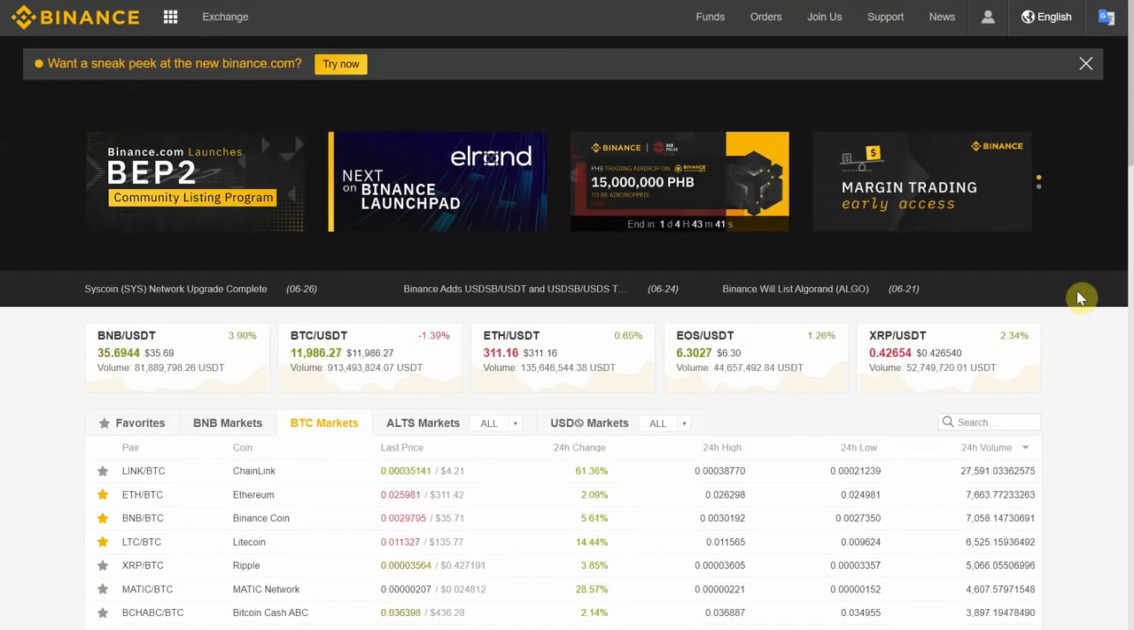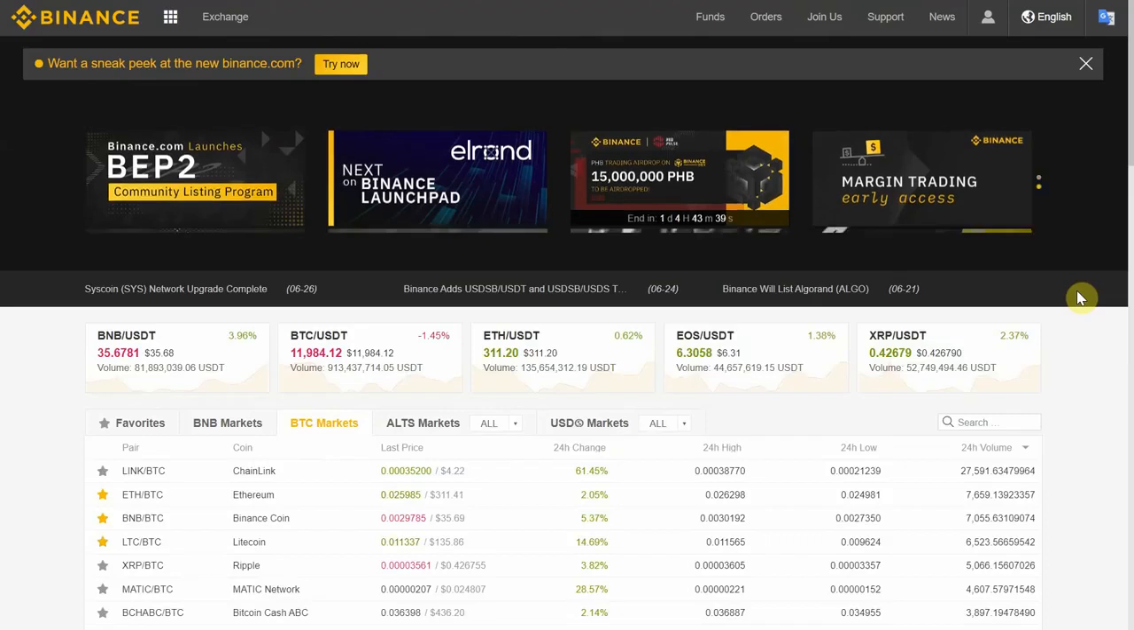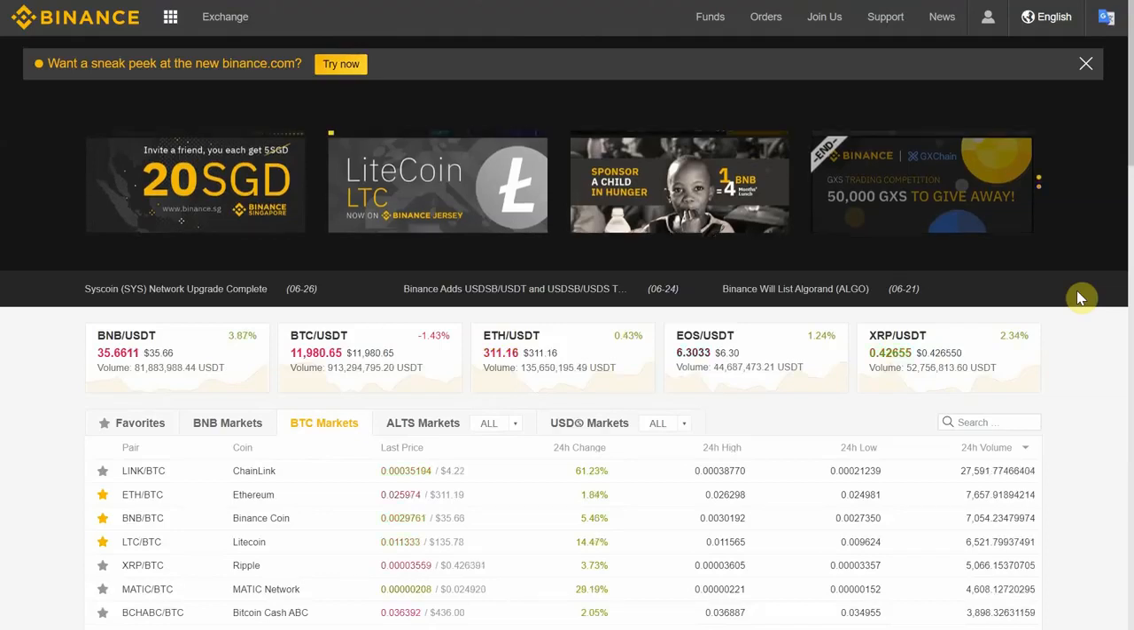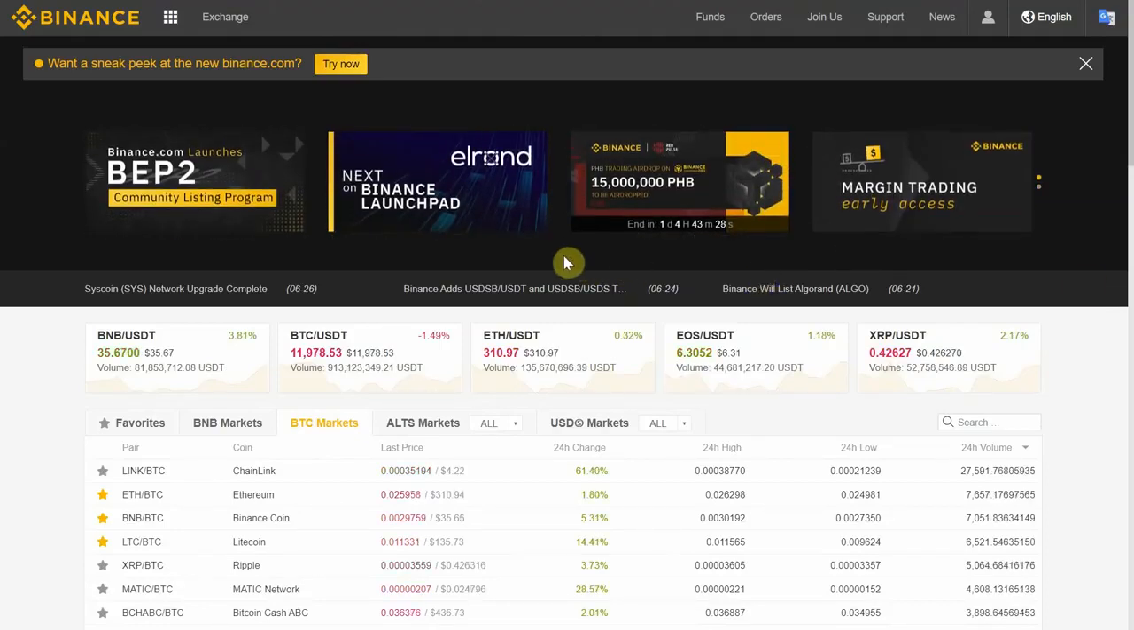Please bear in mind that this is not financial advice. Please do your research and don't risk any money that you can't afford to lose. Okay? Very important. So I chose Binance because they're really